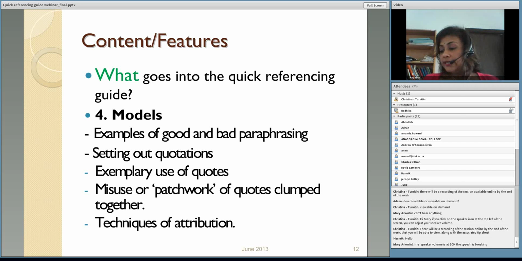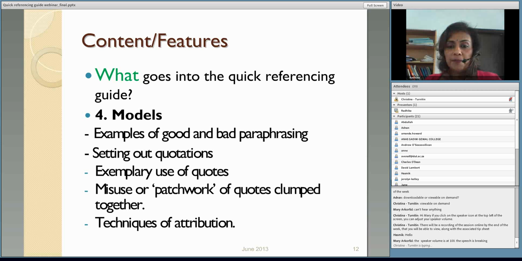More models that would be helpful are examples of good and bad paraphrasing, how to actually set out quotations, short quotations and long quotations, and also showing them some examples of good use of quotations and bad use of quotations, so they know what's expected of them and what to avoid. And I'm going to touch on techniques of